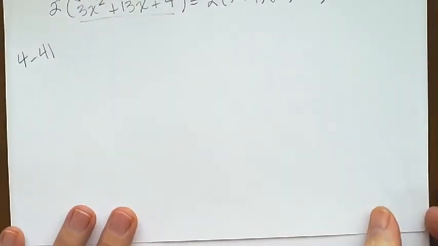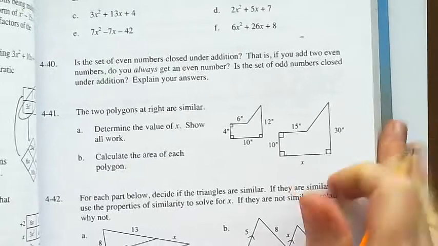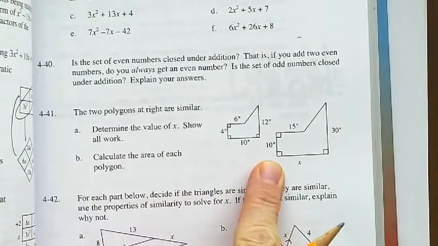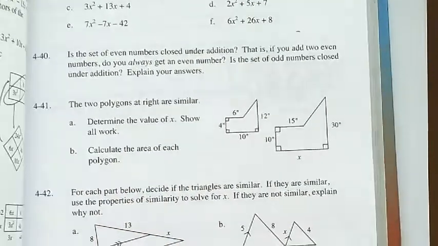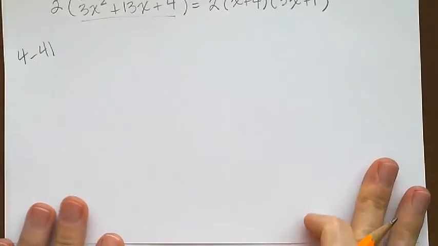Okay, for 441, it says that these two polygons are similar, and I am going to ask you to draw these because it's going to tell us to find x, but it's also going to tell us to find the area of each polygon, and I think it would be good to have a diagram. So take a minute